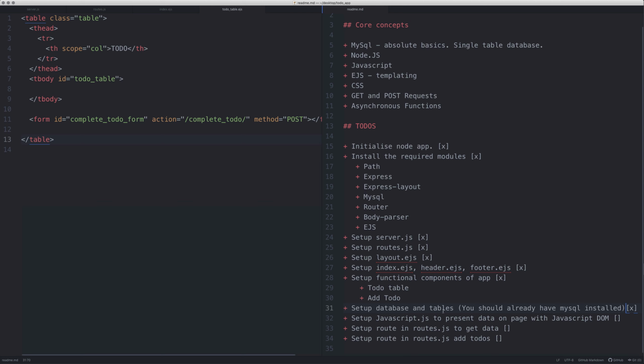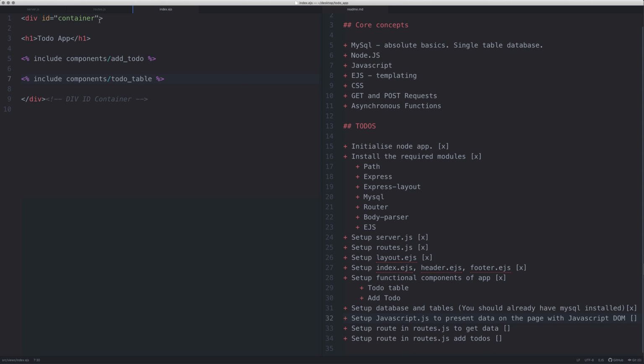Then we now need to set up JavaScript to present data on the page with JavaScript DOM. This is where we are going to get some asynchronous requests, and we're also going to get stuff from the database. We do have to do some other stuff as well, but we're going to do that afterwards. It's real simple. So remember, in our header we set up a file, we called it roots.js,